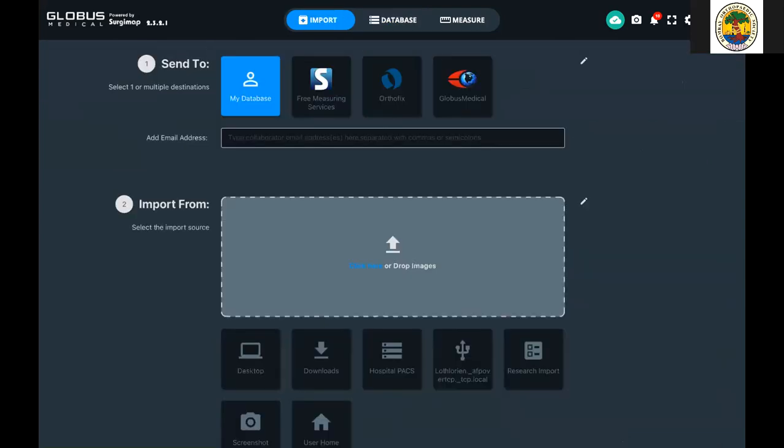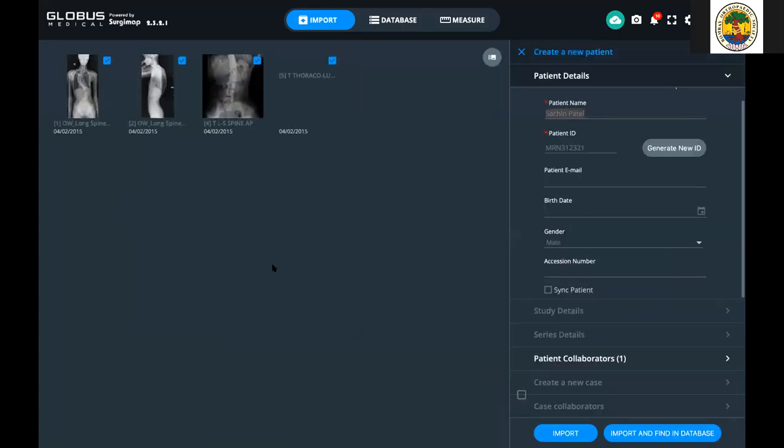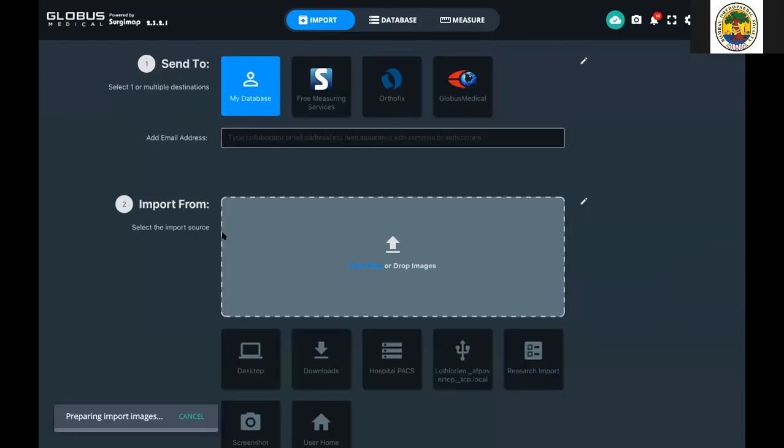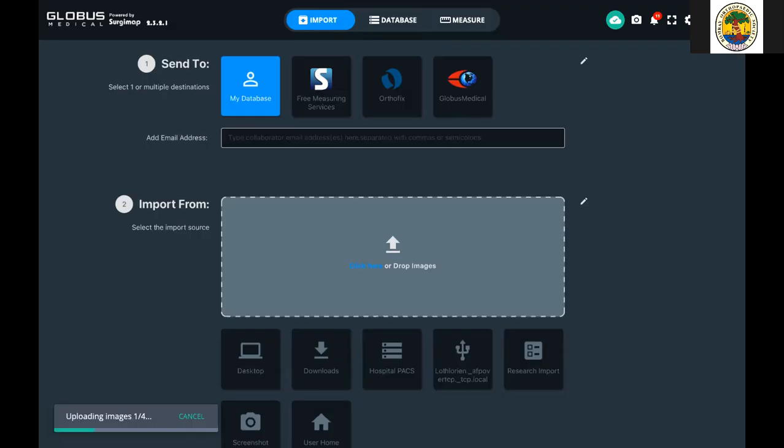So import all your patients. There were 5 patients that I had shared as an exercise file. Drag and drop them here and import them into the software. So Sachin Patel, again, this is a DICOM image, so it is taking up the name automatically. So I'm going to hit import. So we have 3 names already, and then I'm taking Jyoti Singh and Kavita Patel as well,